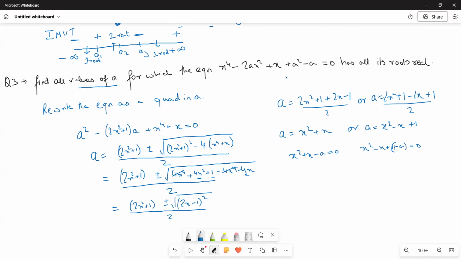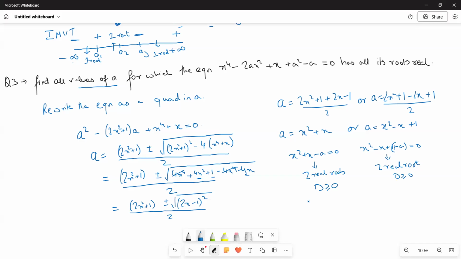अब when will the biquadratic have 4 real roots? When this has 2 real roots and this also has 2 real roots, so they add up to become the 4 real roots that we need in the question. But when will the first quadratic give us 2 real roots? D greater than equal to 0. So D greater than equal to 0 will give us,